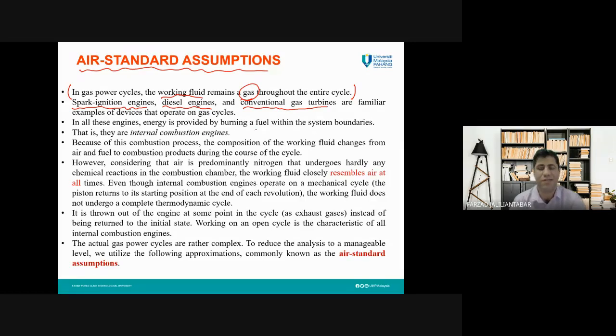In all of these equipment actually, energy which we have to run that cycle,